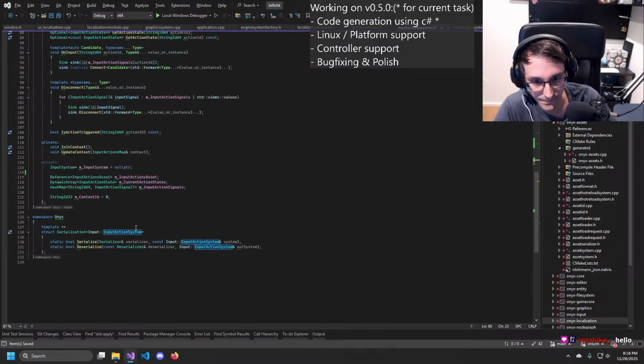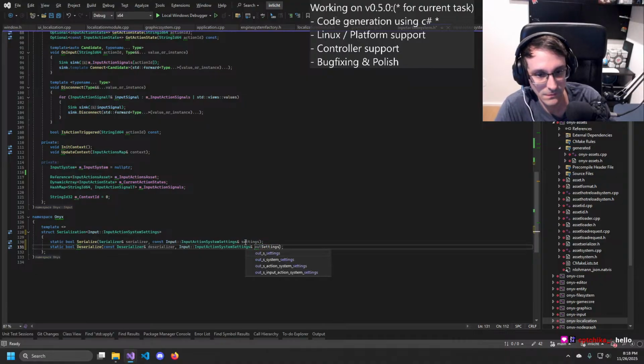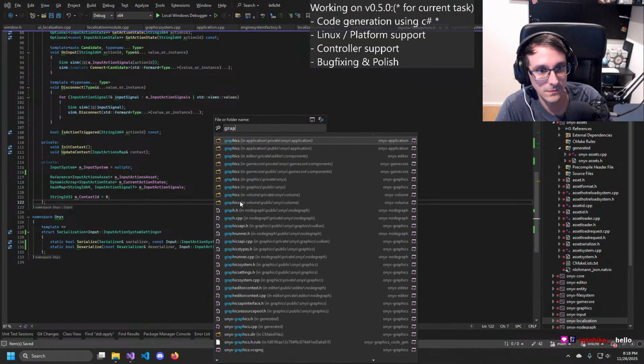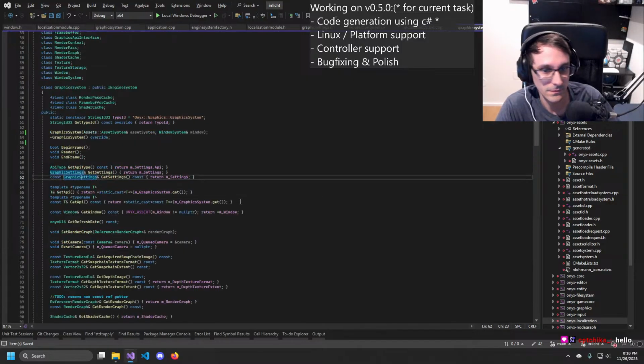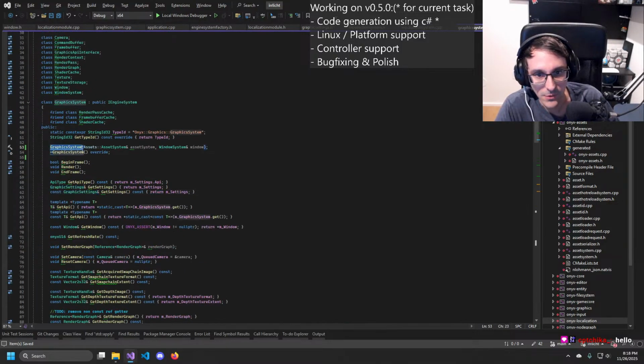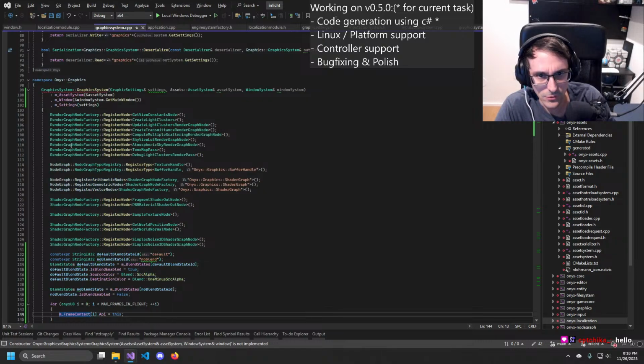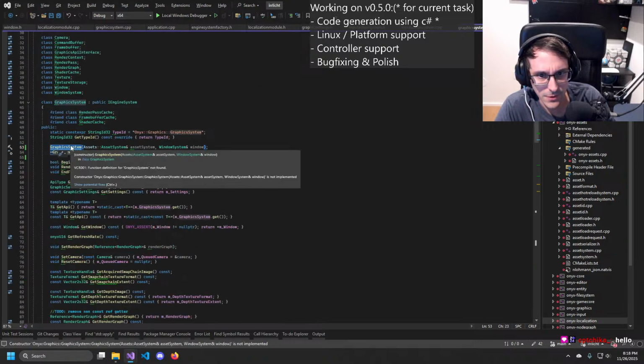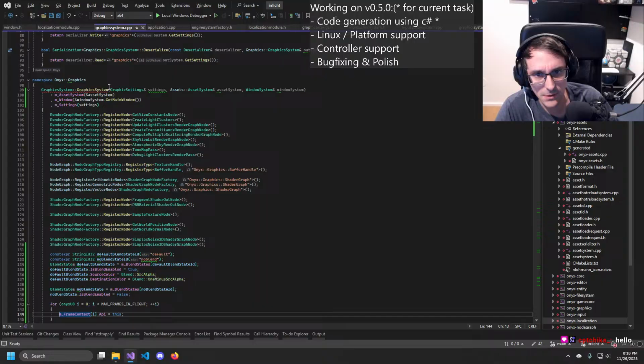Okay. I am on a roll for that. Wait, what? Asset window? Oh yeah, we need const graphic settings.